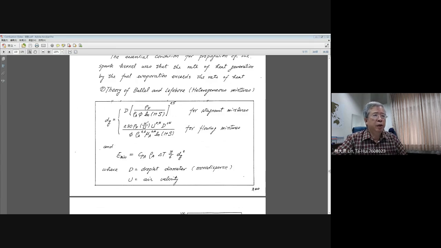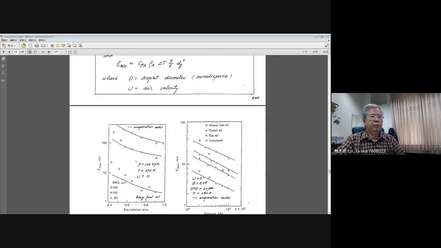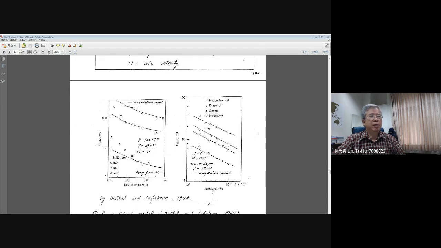And here, I'm sorry, D is the droplet diameter. Actually, in here, those kinds of correlation do not bring the diffusion coefficient into the equation, because they just have a small fuel vapor, and the thermal diffusion or mass diffusion out is very small. And the U, capital U, represents the air velocity. Okay, and they did the experiment, and it seems to have a good result.